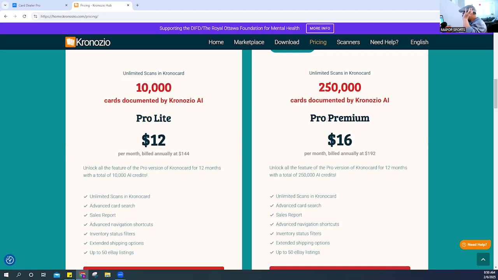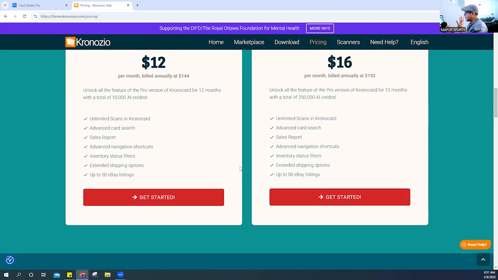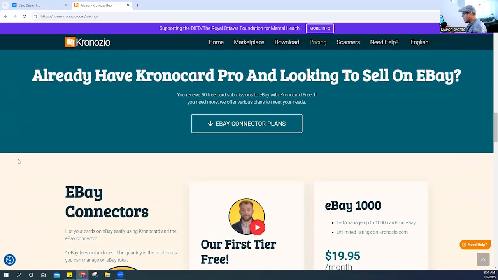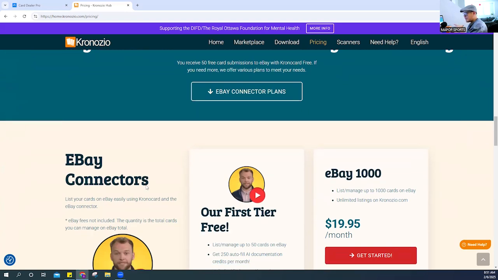Keep in mind, that's just the scans, and it tells you right here, you get unlimited scans, up to 250,000 credits, inventory status. It gives you all this information, up to only 50 eBay listings. So this is the thing, Kronocards is a little bit different. If you want to list to eBay, you have to get this thing called the eBay connector, so there's another fee. Now think about that. You're at $16 a month for